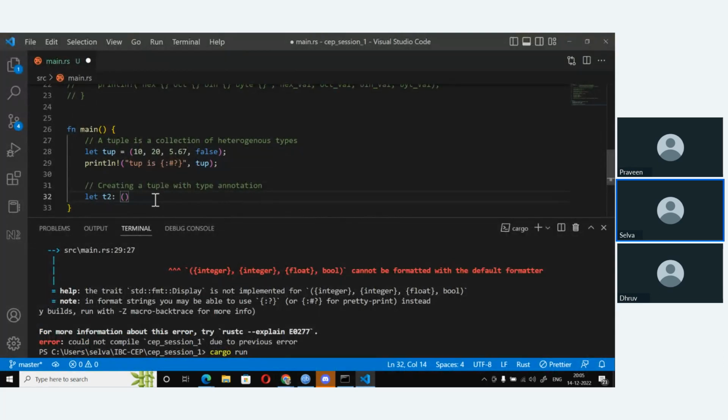I'll say i32 and say bool, float, or say f32 and then i32. And then I can give a value. So suppose I give 1, 1,